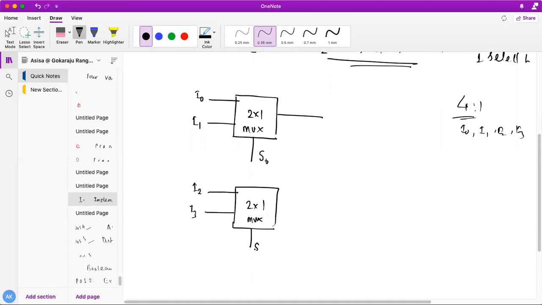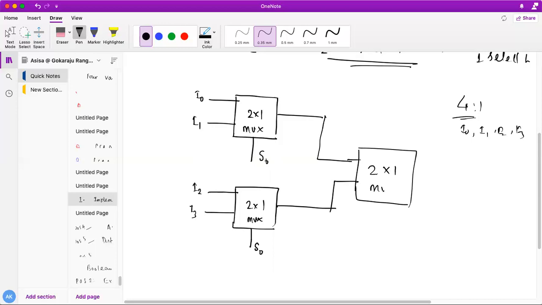This is also taking my S0. Here I can combine them using another 2:1 mux, which is again a 2x1 mux, and finally I get output Y here. This select line is something different, let's say S1.